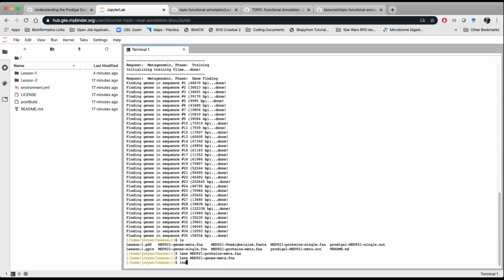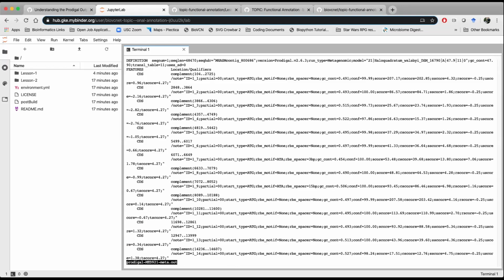We can also look at the raw output that Prodigal would give. I'm going to look at the meta one here. So this is a GFF file format, and there's a lot more information here than in the standard output. Some of the things I'd like to point out is it stores which version of Prodigal you're running. So if you have this file and you're writing your manuscript and you have your methodology, you can track which version you used. It tells you which type of run it was. So this was the meta model, right? So metagenomic. And then here it tells you specifically which model it used based off of what it thought was the right way to address your